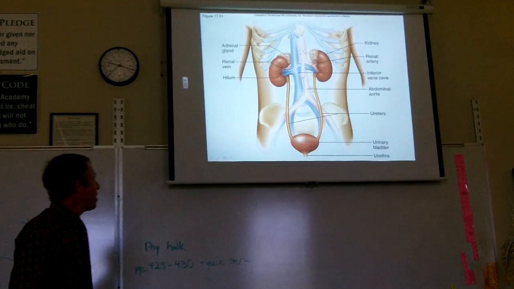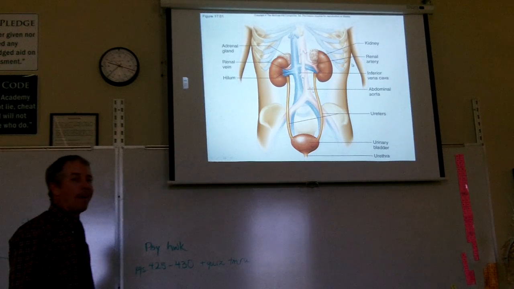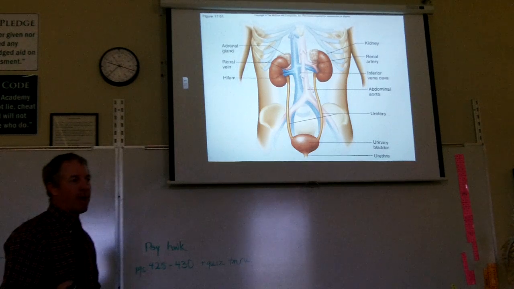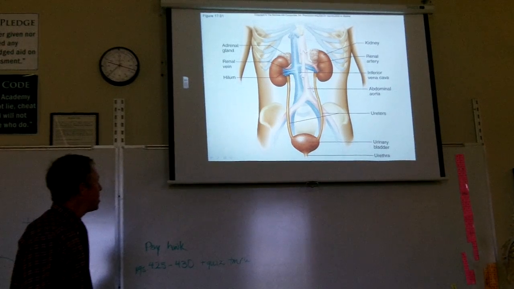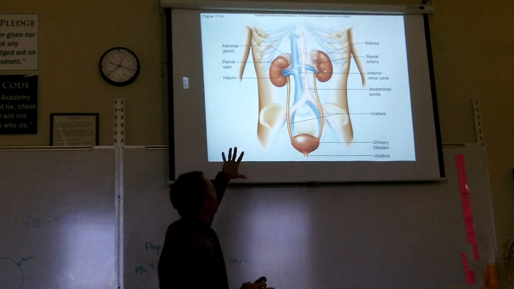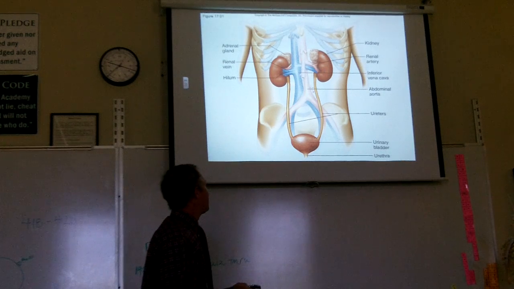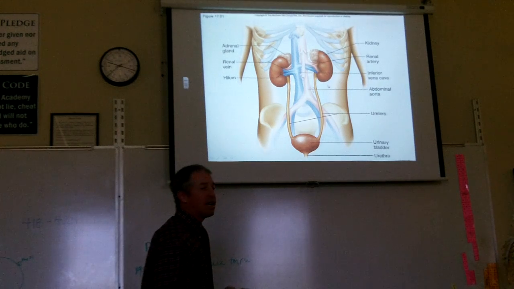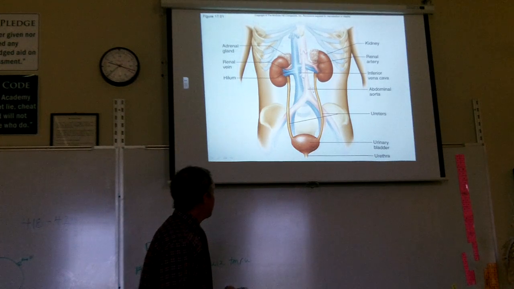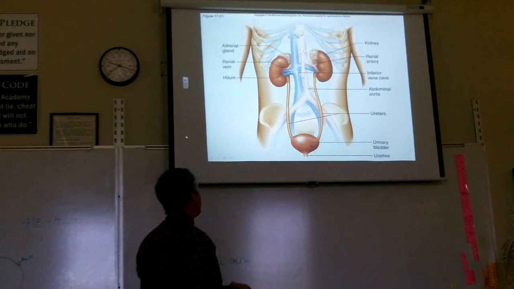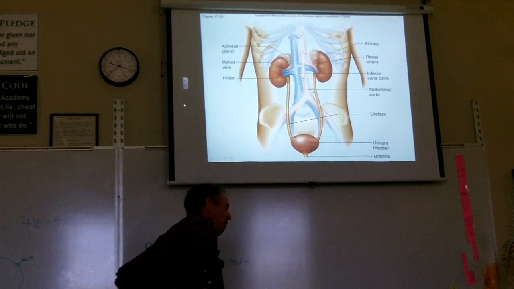Okay, so there's another filtering device that filters the blood of waste so that you can then get rid of it from your body. And those are your kidneys. And here are your kidneys. They actually sit toward the back of your body. So if you open somebody up and you're looking at them, there would be a bunch of intestines and stuff in front of the kidneys. Hopefully you realized that when you did your frog dissection, or we did a rat dissection. The intestines and stuff sit in front of the kidneys, and if you move those out of the way, you can see the kidneys. They sit right about here,